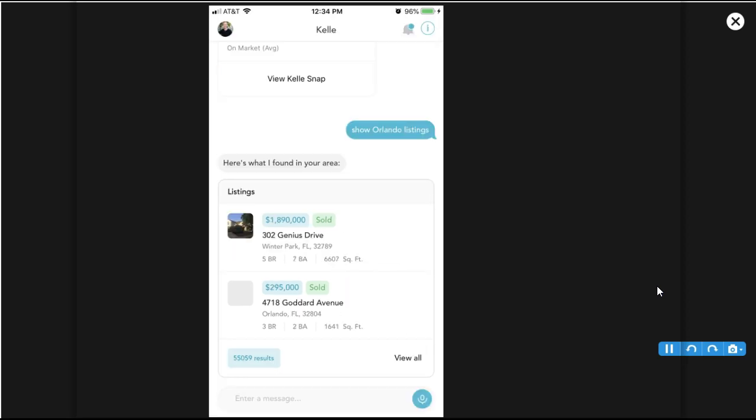It's pretty cool what you can do with Kelle. So start to utilize Kelle. It's going to be your AI assistant. It's basically like an admin for you. And it's just getting smarter. That's the best part about it. The more you use it, and the more data that you send back to it, even if it doesn't understand the question, it'll start to learn and understand, so then they can put inside the program, hey, this is what people are looking for, so it can help you out even further. So there you go. Utilize Kelle, and also don't forget to click that little bell icon, because more likely you might have some